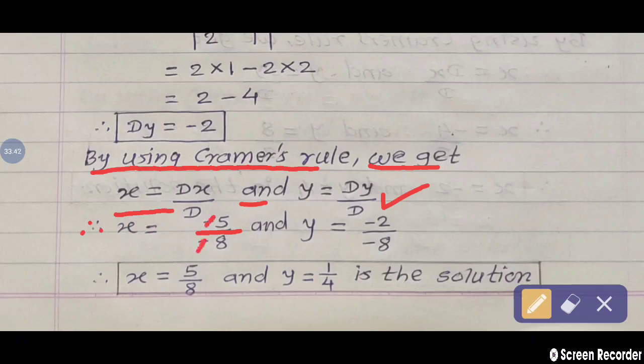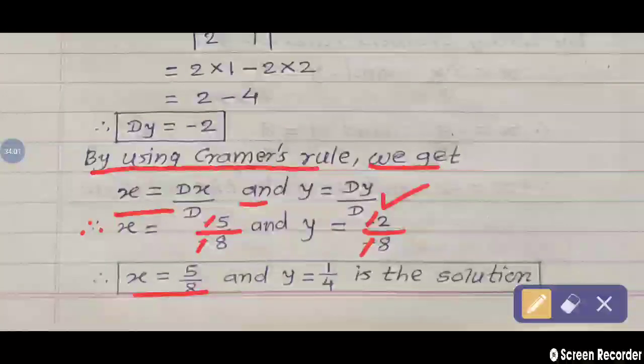So minus sign cancels, what remains? So value of x is, we are getting what? 5 upon 8. Only minus sign cancels there. And y is equal to, value of Dy is minus 2 divided by value of D is minus 8. Now minus sign cancels, and 2 and 8, both the numbers are divisible by 2. So 2 ones are 2. So at numerator 1, and at denominator 8 also divided by 2. So 2 4s are 8. So at the denominator 4. So 1 upon 4, this is the value of y.